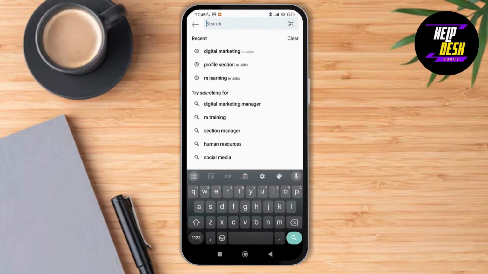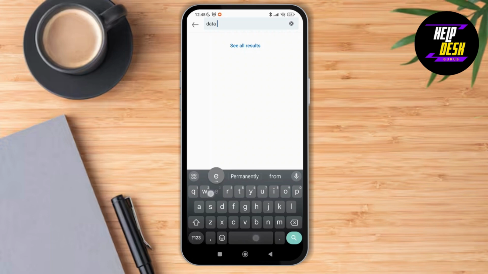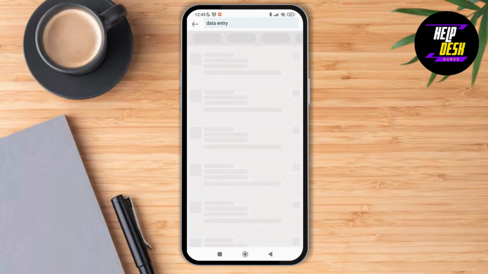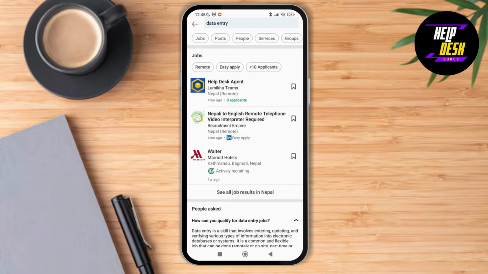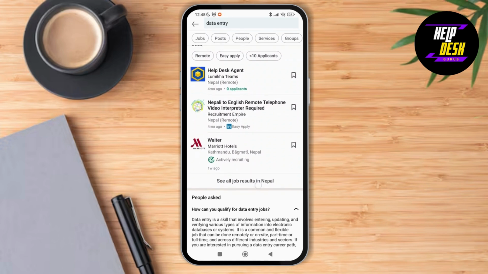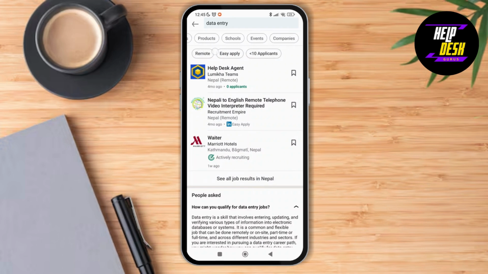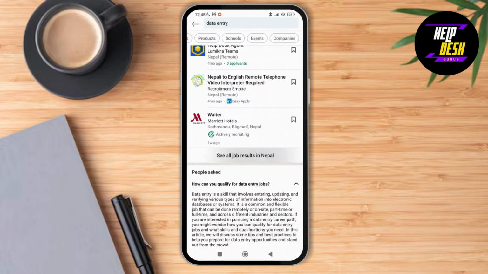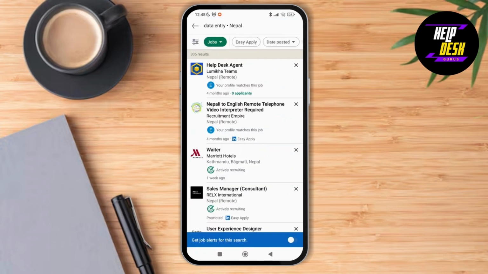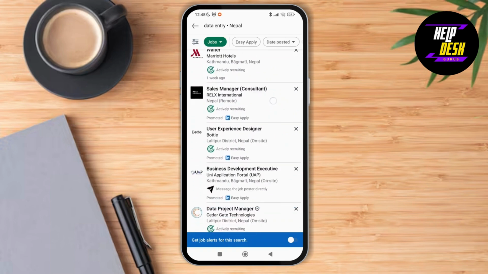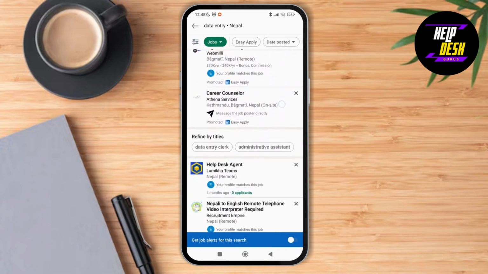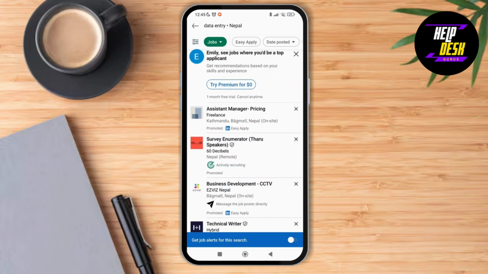Then you just have to search for any job over here that you want to do. So for example, if I choose data entry, and let's just search, and you can select your job according to how remote or how easily you want to apply on the menu over here. So you can see different jobs that are available over here. So for example, if I want to just go for any of the jobs given over here,